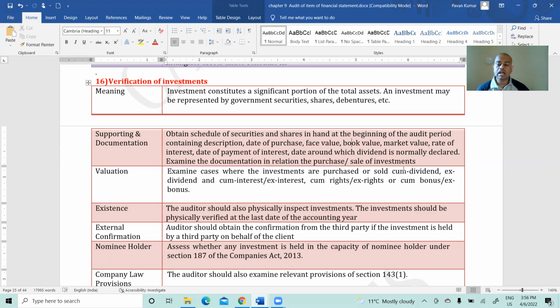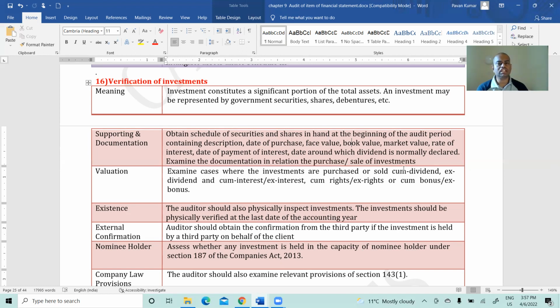You understand? Capital gain statement, Harini, comes when you sell the share. But what if I am holding the share for 5 years? Or I purchased and I have not sold. Yesterday I purchased, I have not sold. It will not go to capital gain statement. If you are verifying income on sale of investment, then you can verify capital gain statement.